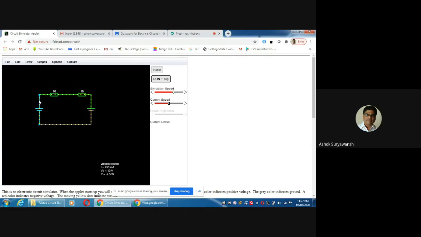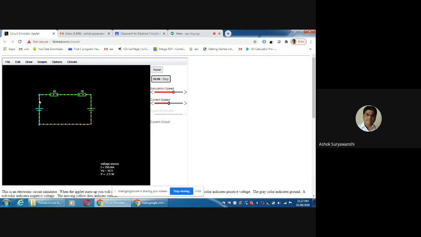Now the second circuit from 1A and the first circuit from 1B are the same, wherein it is asked to find out the current flowing through the 2 ohm resistance, that is I current in the 1A, and in 1B for the same circuit it is asked to find out the current through the same 2 ohm resistor using KCL, in the first one it is using KVL. In this second 1B assignment for the same circuit, it is also asked to find out the power dissipated by that 2 ohm resistor. So I was given the answers in 1A and 1B. So the answer is I is equal to 3 ampere, and power dissipated is 18 watt.